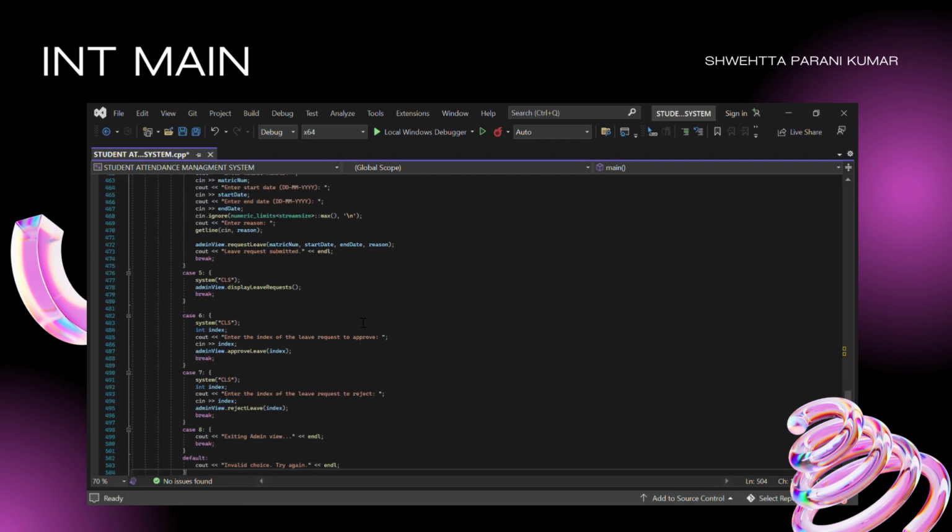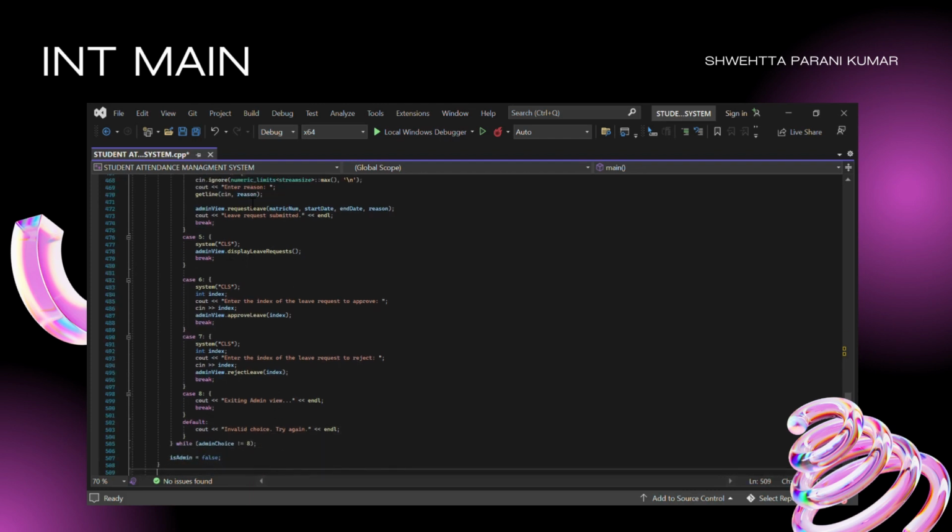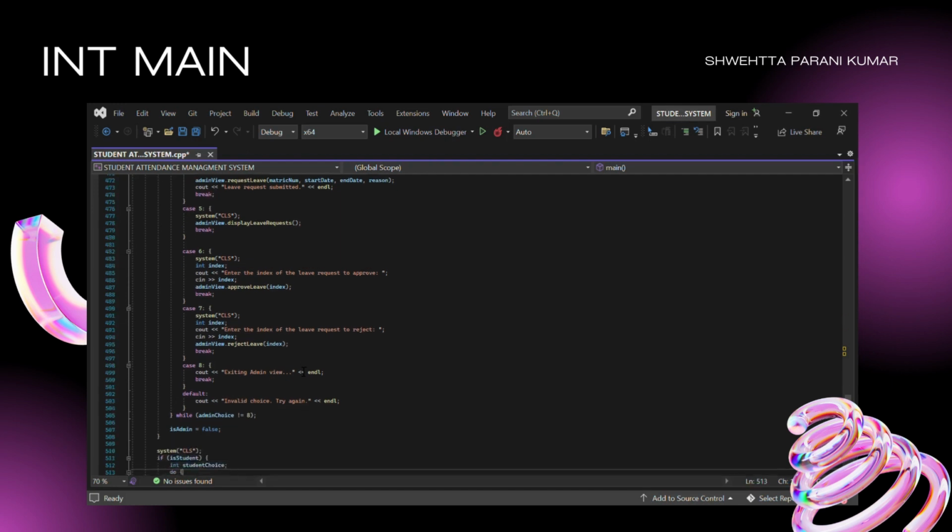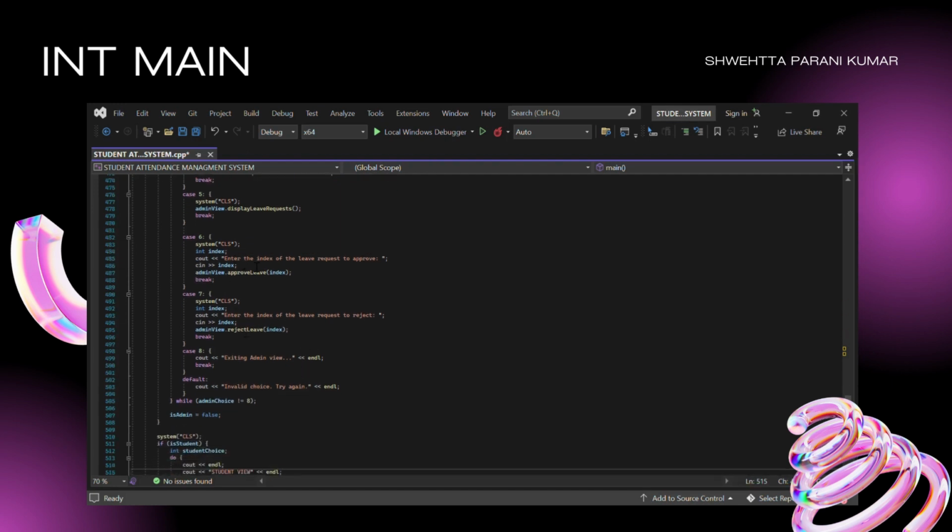After that, we have display leave request, which is a function from AdminView that we call. The next case, if the user inputs 6, is to approve leave by the admin, and the admin has to enter the index of the leave request to approve. The example would be 0, 1, 2 according to the index, and then the admin can decide to approve or reject, and reject is case 7 if the admin decides to enter number 7. Both are carried out by calling the approveLeave and rejectLeave functions from